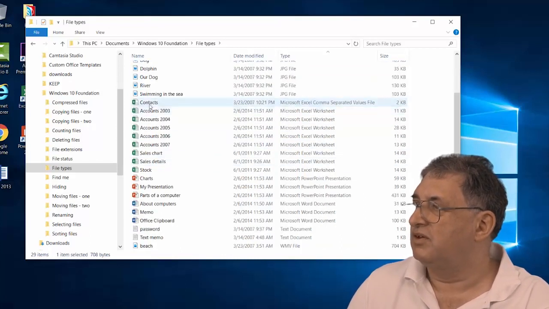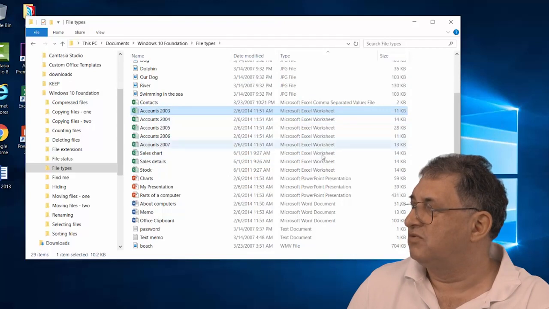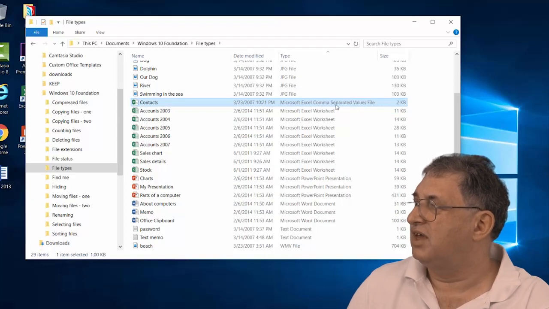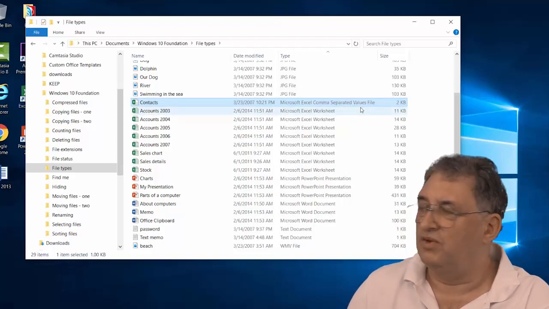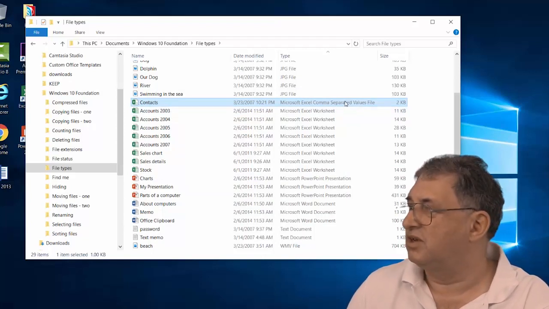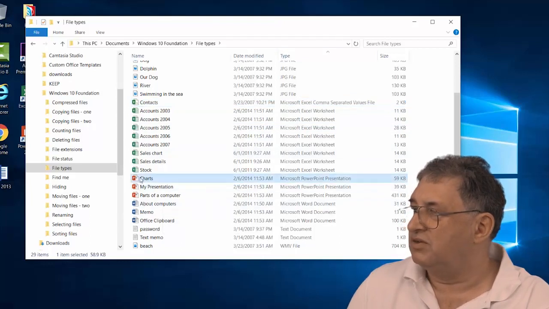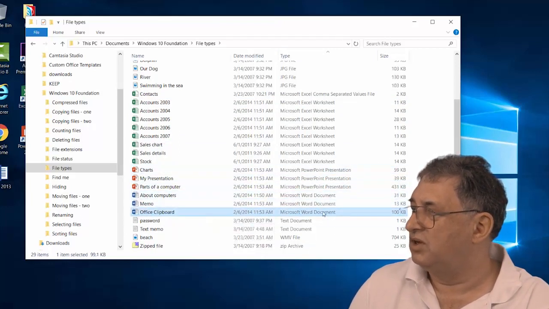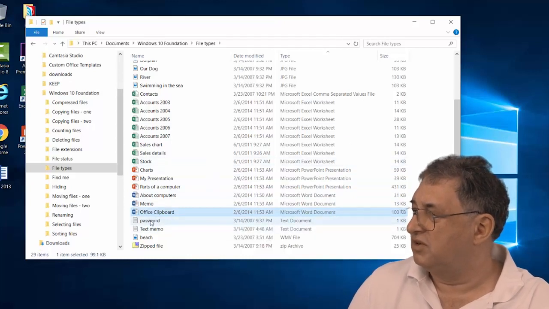Down here we've got some other file formats. We've got Microsoft Excel worksheet formats, this one and that one all the way down. And this one here is a type of Excel file in a way, but it's what's called a comma separated value file, or CSV file. You don't have to worry exactly what this means. It's basically a special type of file format that's quite often used for mailing list databases, if you buy them in. Down here you can see we've got different types of icons, and they relate to Microsoft PowerPoint presentations. And then down here we've got 3 files which are Microsoft Word documents, and then we've got some text only